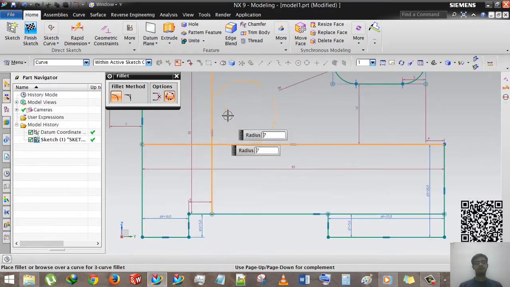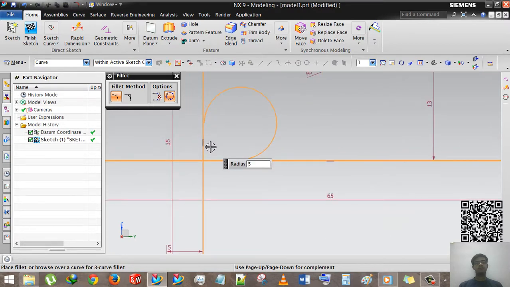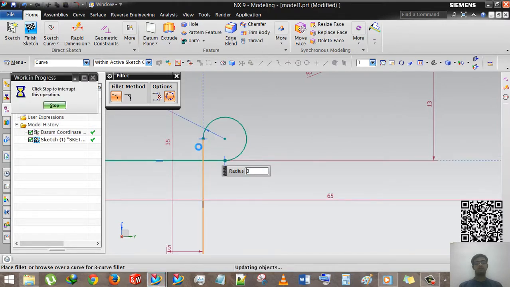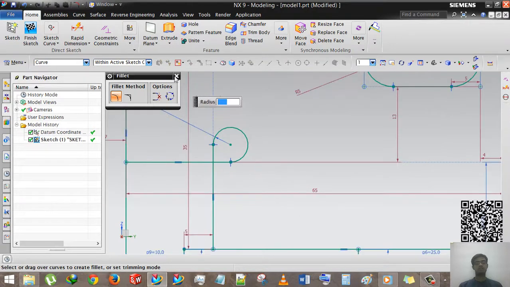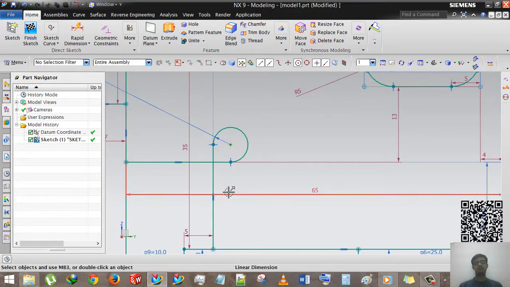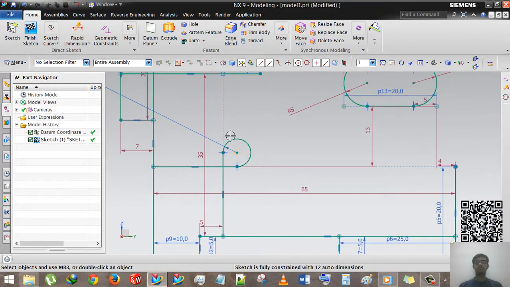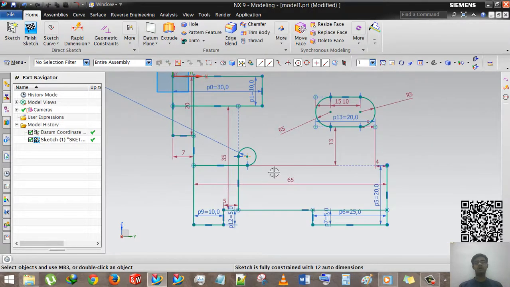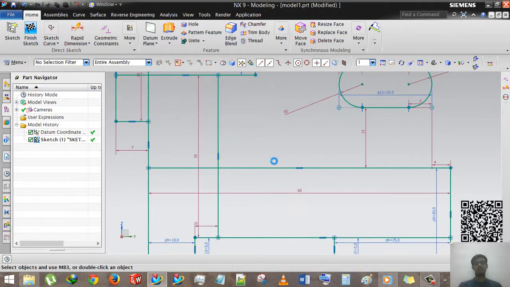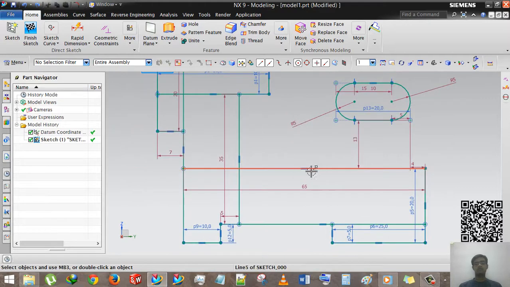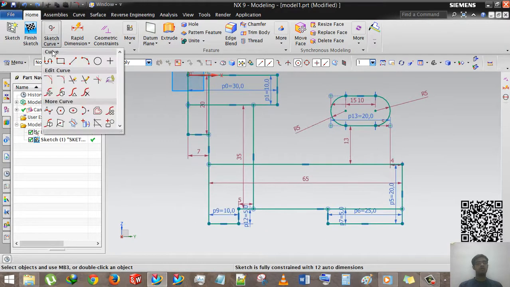Then here you can see that this will create the alternate of trim. So the geometry will perform this kind of operation. Okay, I hope you will understand. We press Ctrl Z, and now our next option is trim, quick trim.